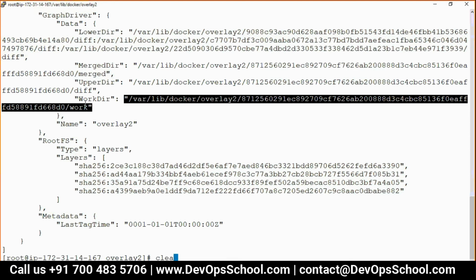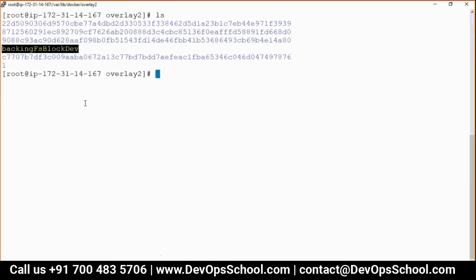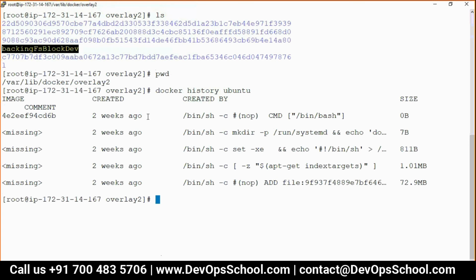Okay guys, next thing: I got to know my image has 4 layers, where it is getting stored, and what it contains. How do I know how many times it got committed? Docker history. History will tell you the commit history, how many times that particular image got committed. And the interesting thing, guys, is that each commit creates 1 layer. Understand that? Again I am repeating: each commit will create 1 layer.